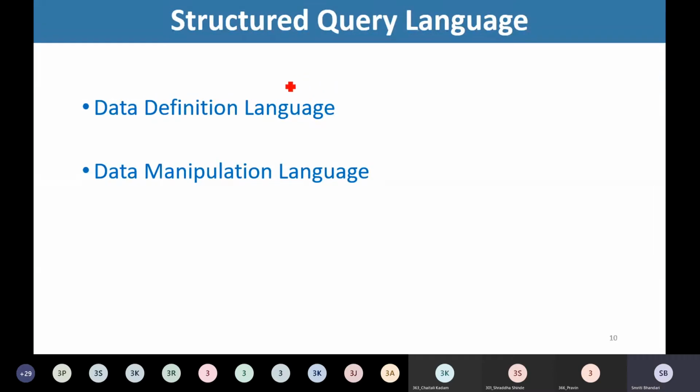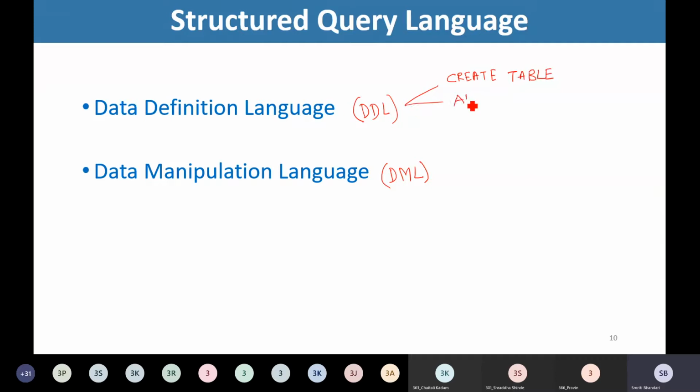As I stated, in structured query language, we have two important components. The first is the data definition language, which is popularly known as DDL, and the data manipulation language, which is known as DML. Under DDL, we have three important kinds of statements. We have the create table statement. This statement will help us to create a table in RDBMS.